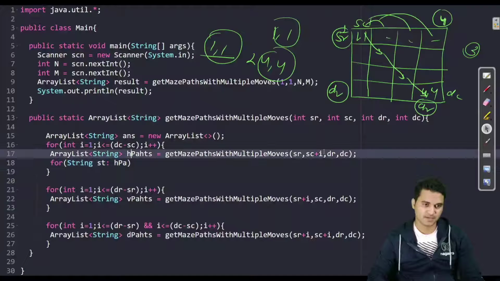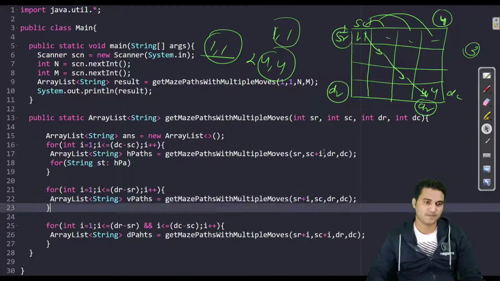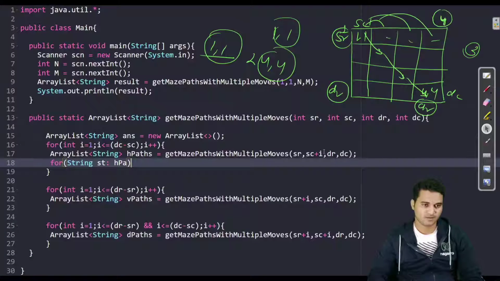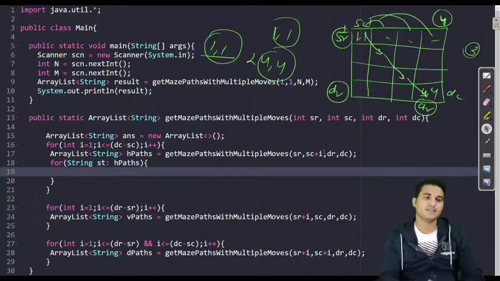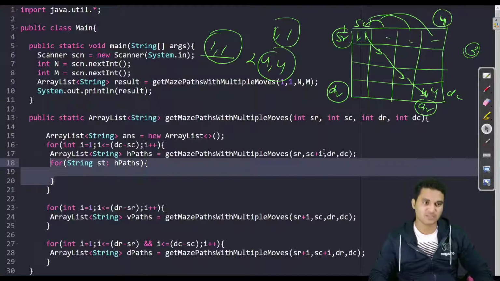Again I have misspelled this, paths. There is a problem with my typing, I think. Path, and here also we have this path. Now better. So I iterate over all the horizontal paths which I am getting from each step. You can see I am doing this in each step. Either it is called for one horizontal, two horizontal, or three horizontal. I am appending one step horizontal, two step horizontal, three step horizontal in each iteration.